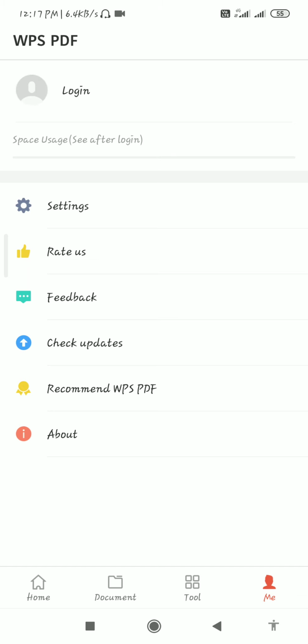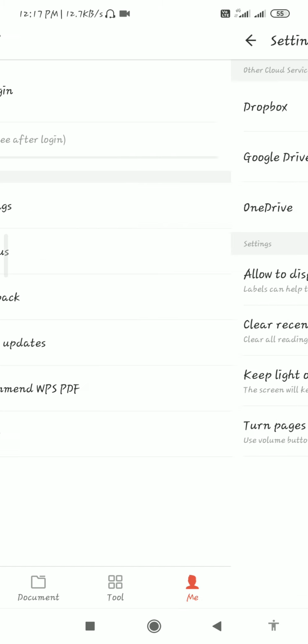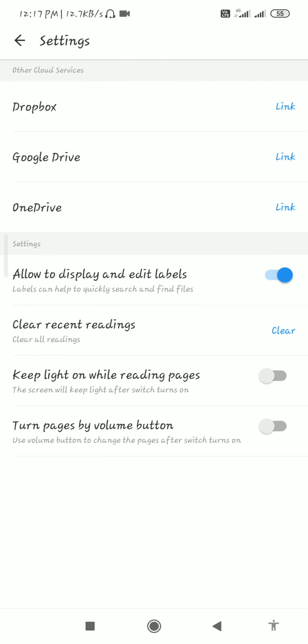Now the second option is settings. Here are more settings for this application. You can link cloud drive applications through this application. Here you can link Google Drive, and you can also link OneDrive to this application.